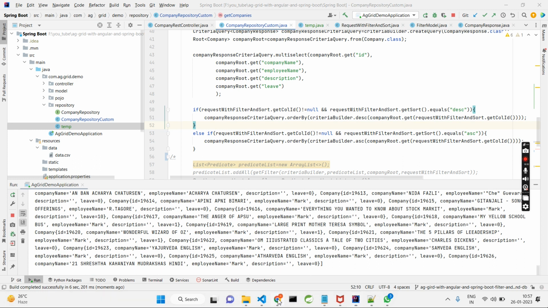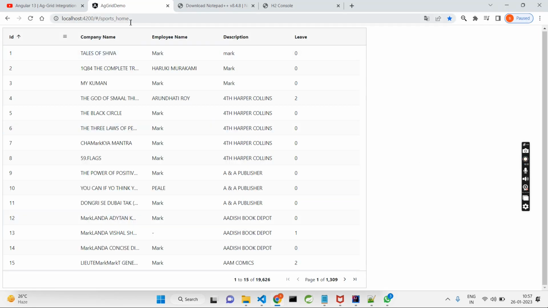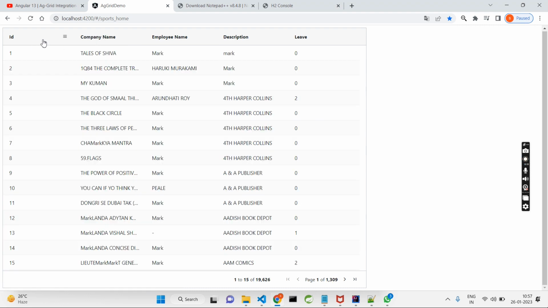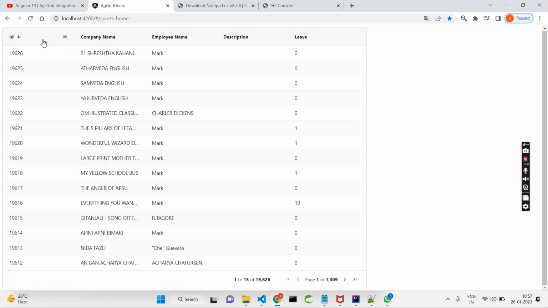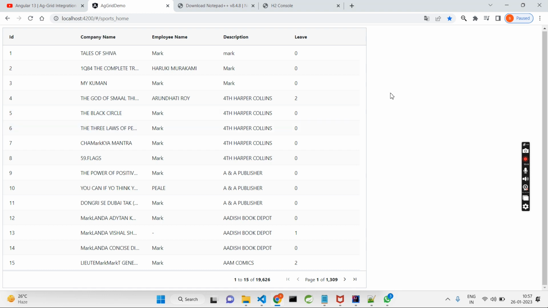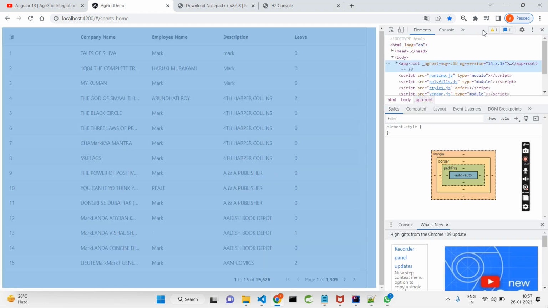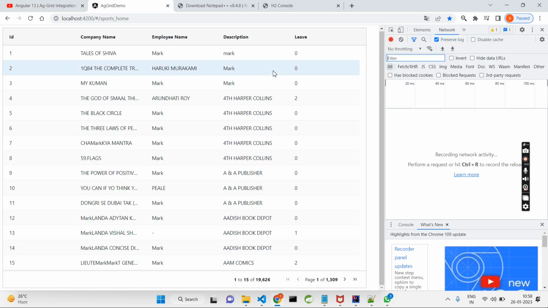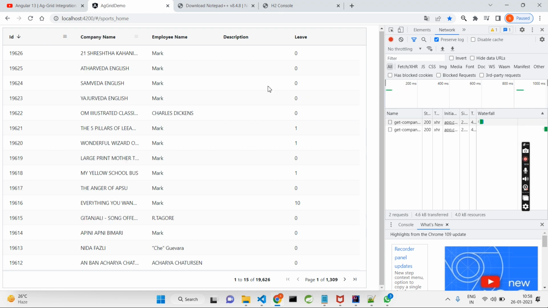Okay, the server is restarted. Let me reload it one more time. So we got the data. Let's sort it now. You can see sorting is now happening from the backend, not from the front end. Let me show you the response also, as we won't be getting the whole response at a time. We'll get just 15-20 records. That's it. If I sort it, you can see here